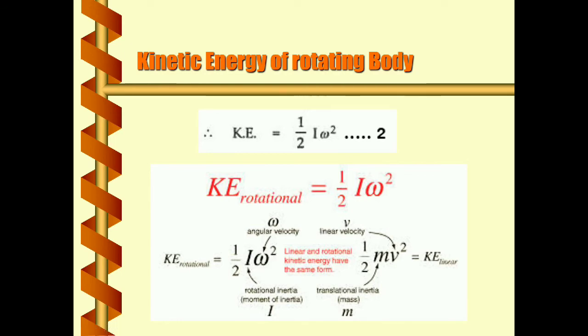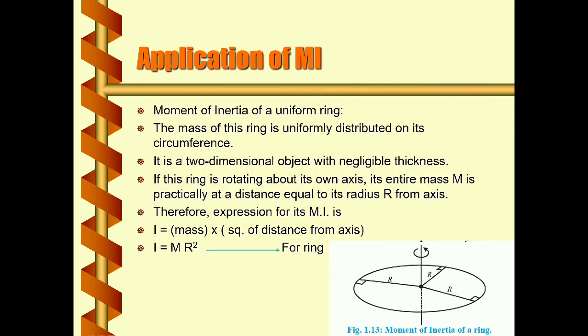We already discussed this, taking the expressions F equal to ma and tau equal to I alpha. So you can write the same physical significance using these two expressions, as I told you earlier. If you compare both expressions, you get the conclusion that moment of inertia in rotational motion plays the same role as that of mass does in linear motion. So this is all about the kinetic energy of a rotating body.